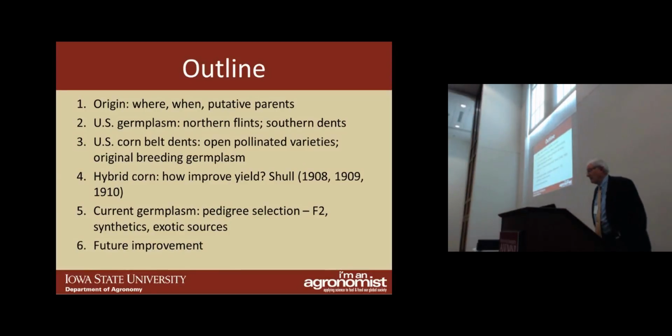Then eventually we have what we call the most productive race of corn in the world, the old U.S. Corn Belt Dents, primarily represented by the open pollinated varieties that we had. And then those were the original breeding materials that we had in the programs in the U.S. There was concern that yields were not improving, so there was looking at alternative methods to improve corn. So the hybrid corn